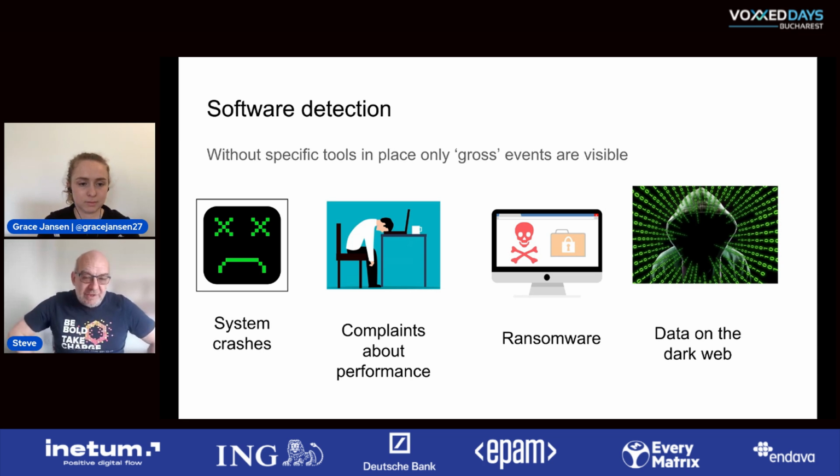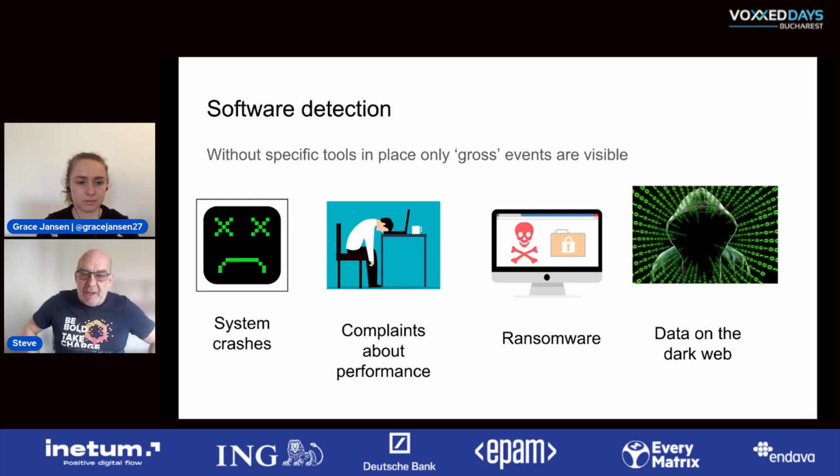There's software detection. Ransomware is much more in your face. That's when you try to log into your system and you find that you can't, or if you do, your data has suddenly changed and got weird prefixes, and there's a note somewhere saying pay us loads of money or your data gets it. But that's pretty obvious. And then the other one is that at some point somebody tells you that the data that's in your system has been made available on the dark web.